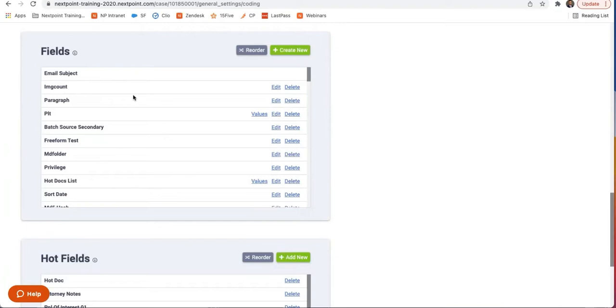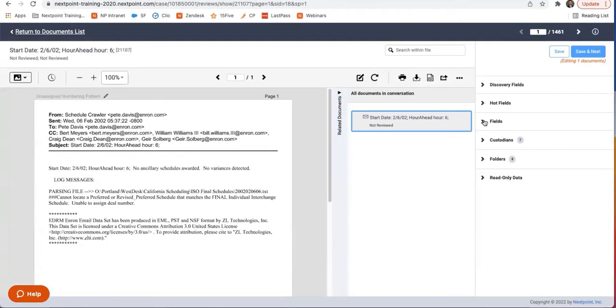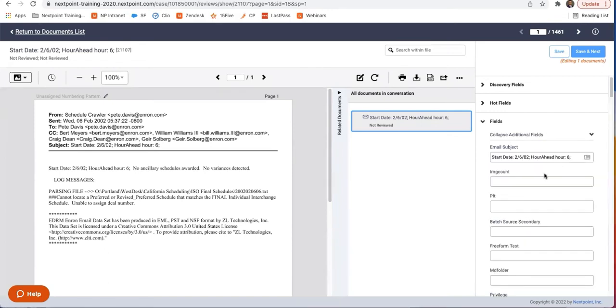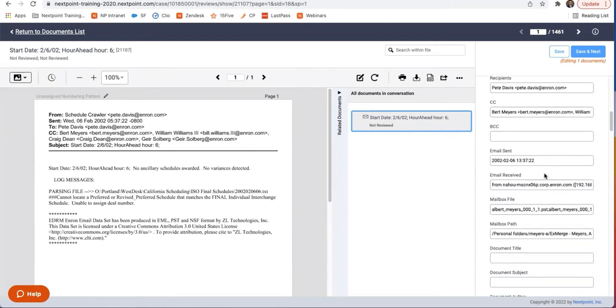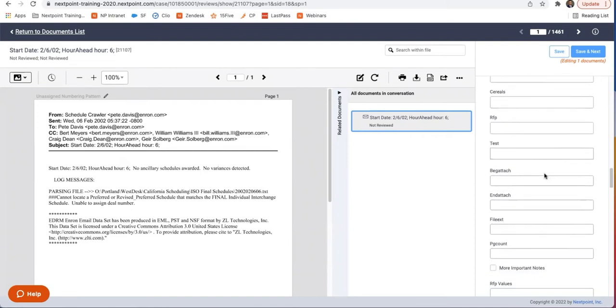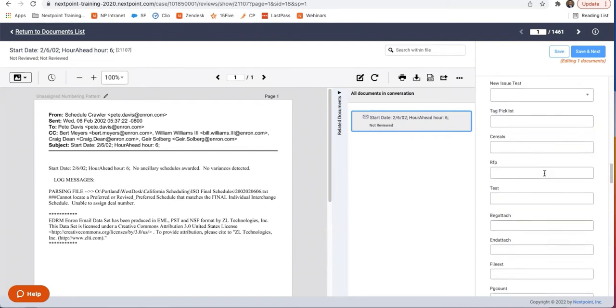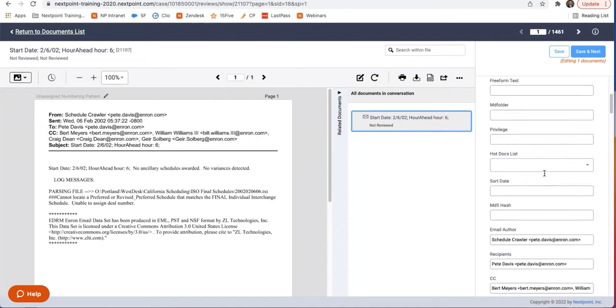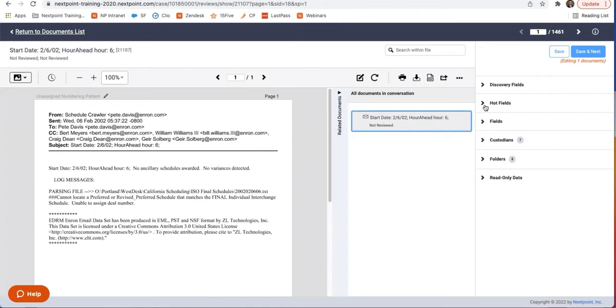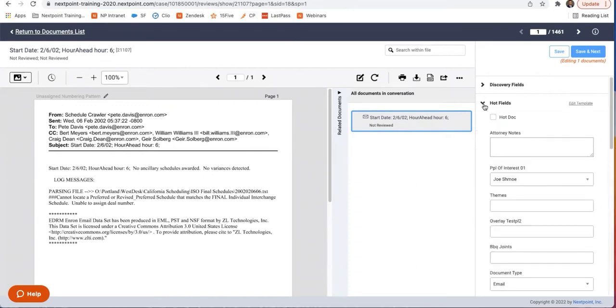So the field system is going to be kind of like a hodgepodge of just random fields in here that maybe aren't so useful, but you certainly have available to you. And if there's something in here that's important that you're going to be using very regularly, we recommend elevating it to a hot field, so that you can see, like, we've created these specific hot fields. These are probably some of the most common fields that have been elevated to hot fields